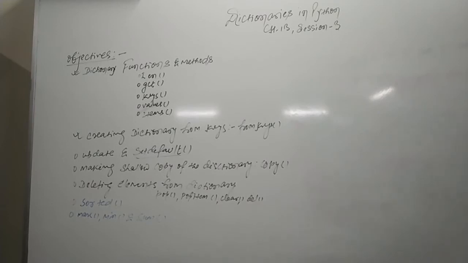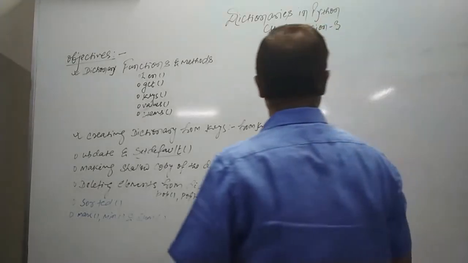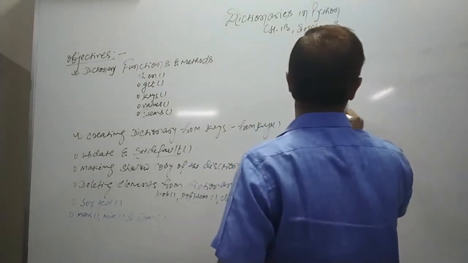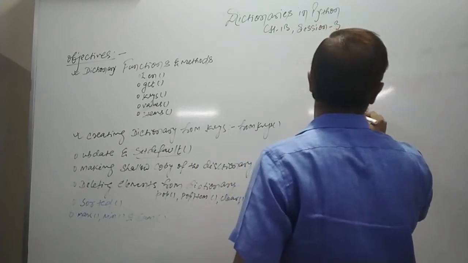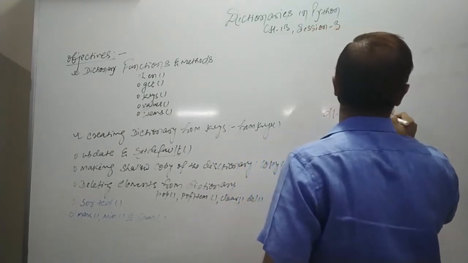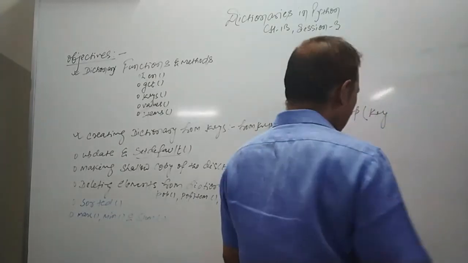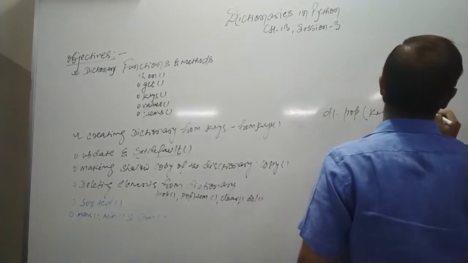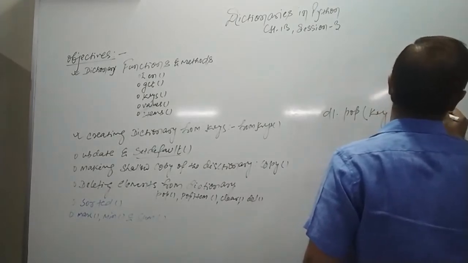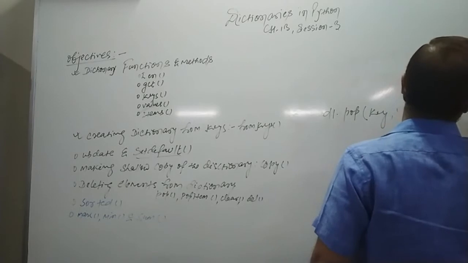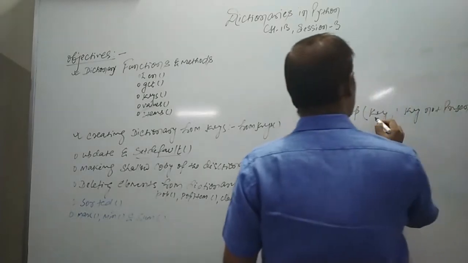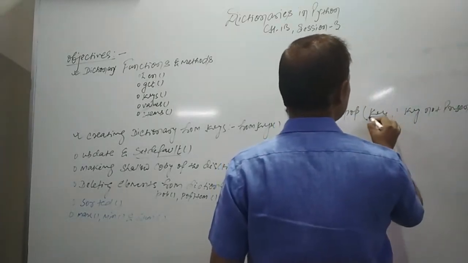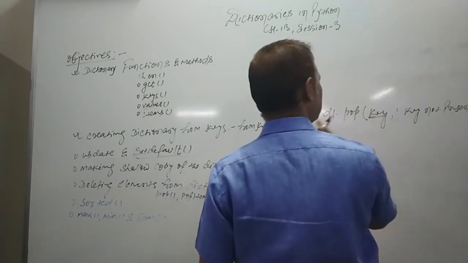Now the purpose of pop is just to delete from a dictionary, that you came to know. And the syntax to use pop is d1.pop. Under the brackets you have to pass the key, and then you can have another value, suppose if the key is not present. Now this is the key you want to delete. That key should exist in the dictionary, otherwise it will give you an error.